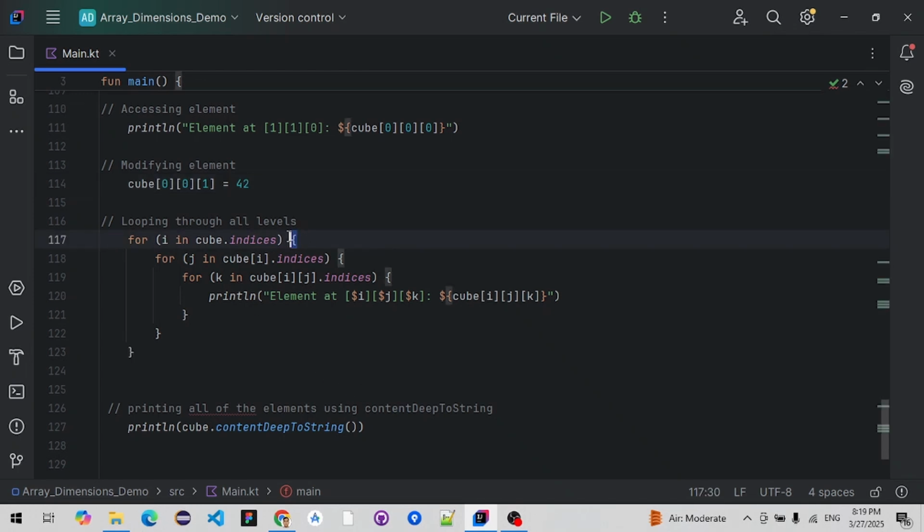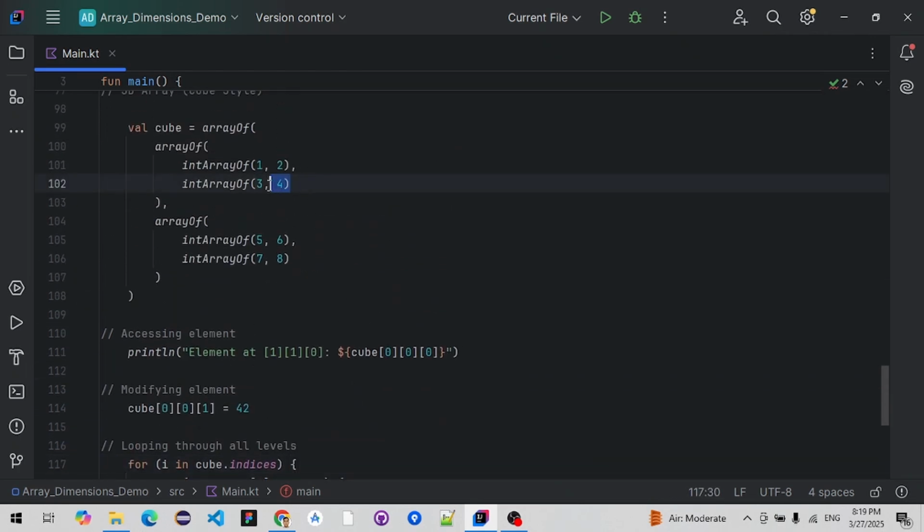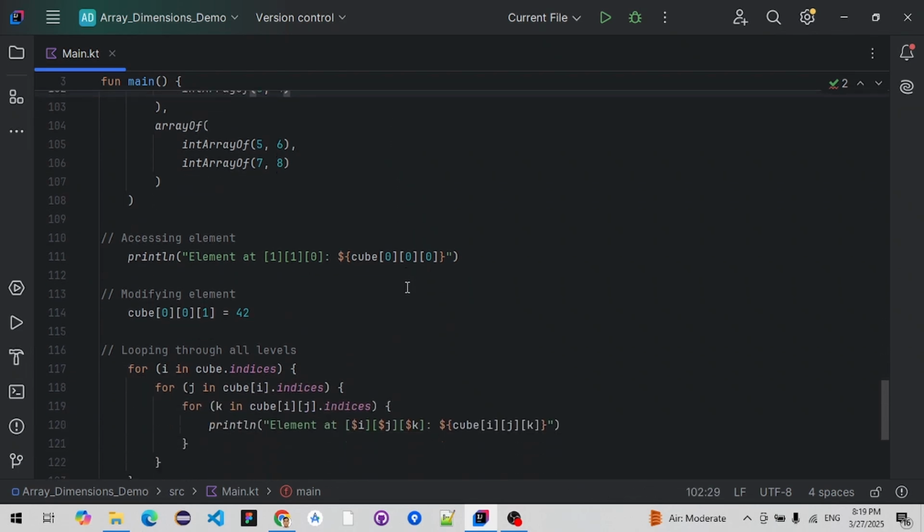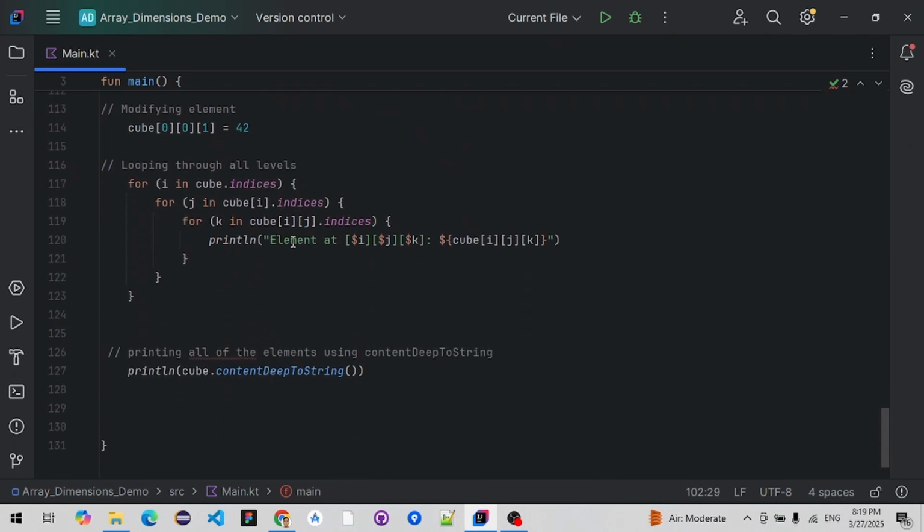What this outer for loop will do is go to the first layer or first table, which will be this table. It will iterate to that table, and then with the inner for loop inside my first for loop, it will iterate to the first row of the first table. And the innermost for loop will iterate to that specific column